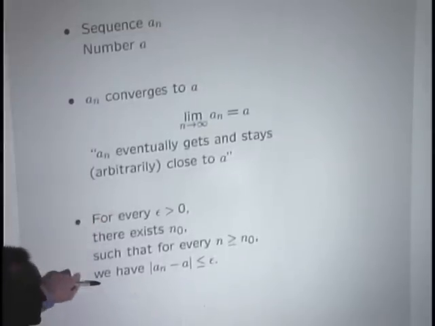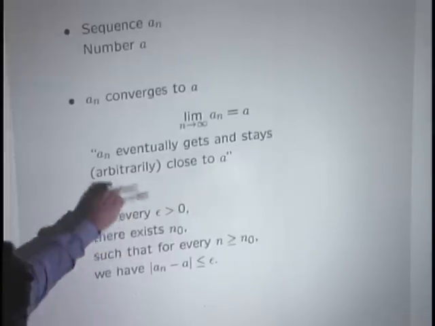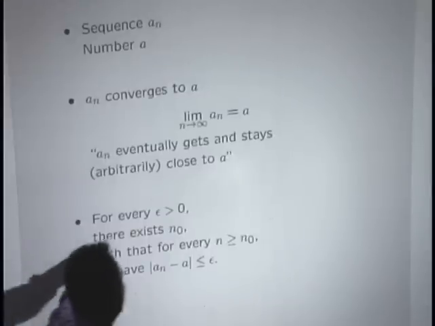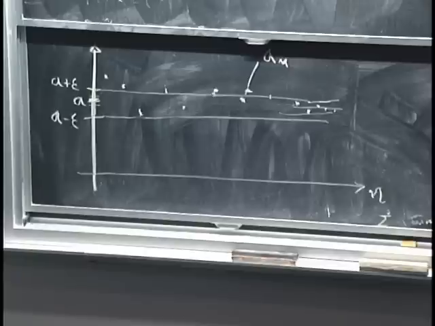So this is a formal mathematical definition which actually translates what I was telling in a wordy way before and showing in terms of the picture. Given a certain band, even if it's narrow, eventually, after a certain time n0, the values of the sequence are going to stay inside this band. Now, if I were to take epsilon to be very small, this thing would still be true, that eventually I'm going to get inside the band, except that I may have to wait longer for the values to get inside here. All right, that's what it means for a deterministic sequence to converge to something.